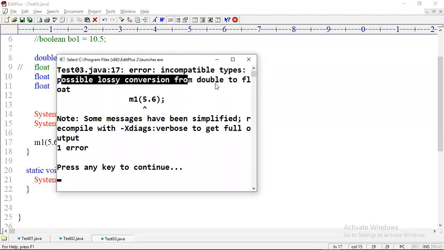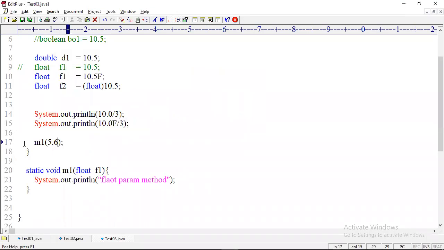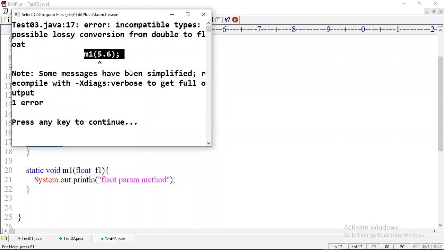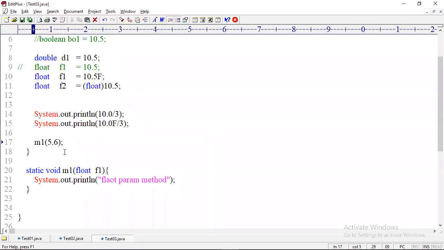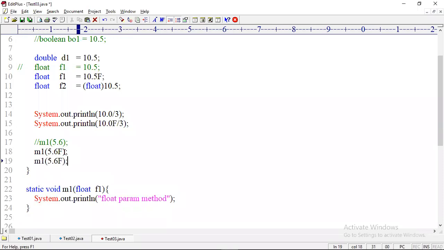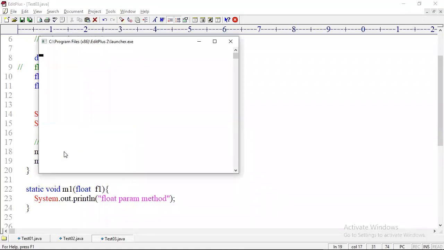Incompatible types, possible lossy conversion. Line number 17 error. m1 of 5.6 is not allowed. So how to call the float param method? By giving the suffix F, it compiles successfully, float param method. And next, by using the cast operator, float of 5.6, the float param method.